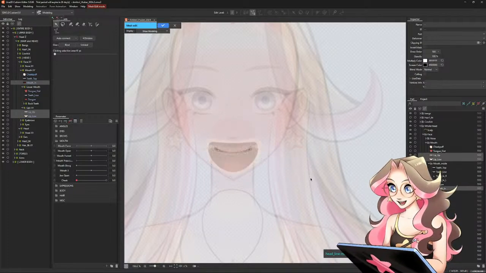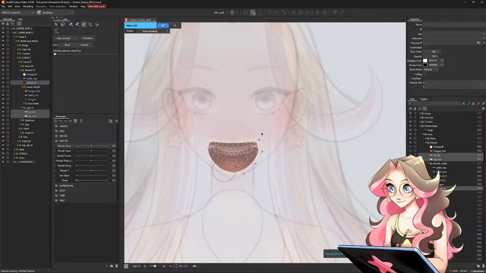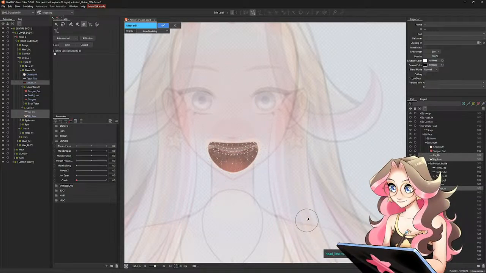I don't feel like I'm doing this right. Maybe if I do shift copy. And then shift paste. Okay,